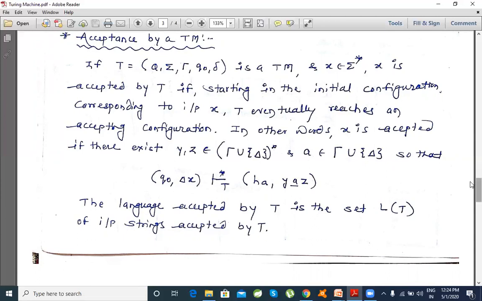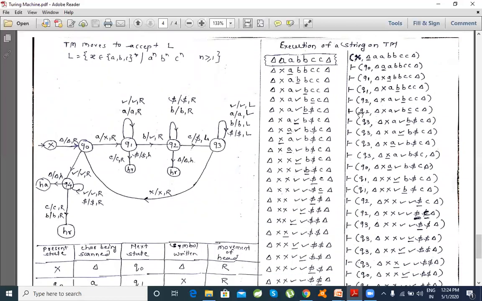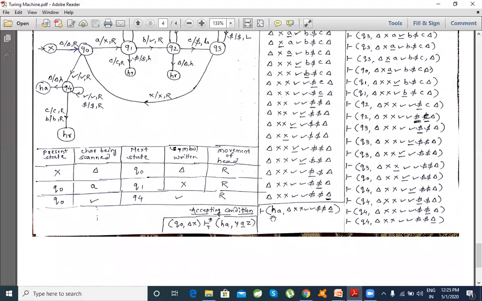Now let's go back to our previous example and see. After we have already processed this, starting configuration, we are in this initial state, we are processing X, and then where did we halt after processing? This is the last configuration where we stop after processing. So this is HA, and this is all that is left on your tape. So this is the accepting configuration. If you can visualize this, this is your initial configuration and this is your final configuration of the machine. A configuration is nothing but a particular state of a machine.